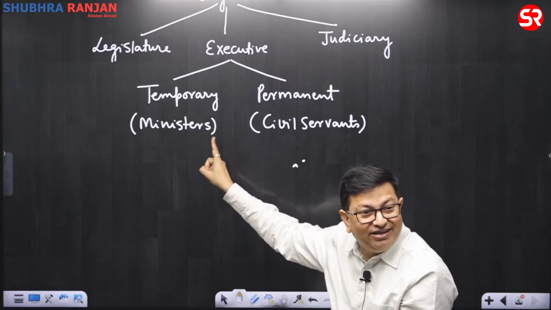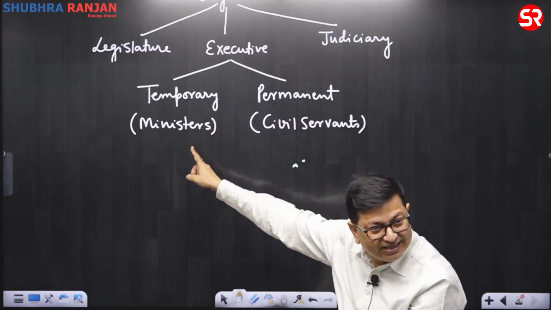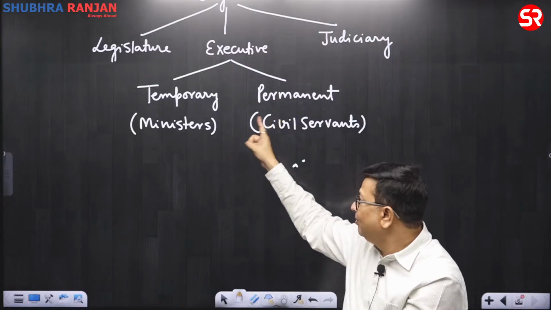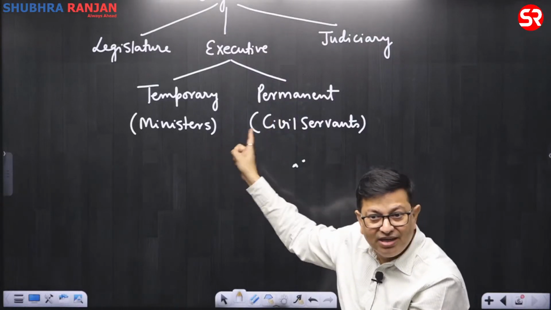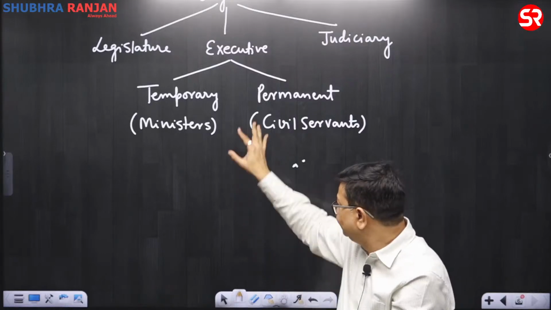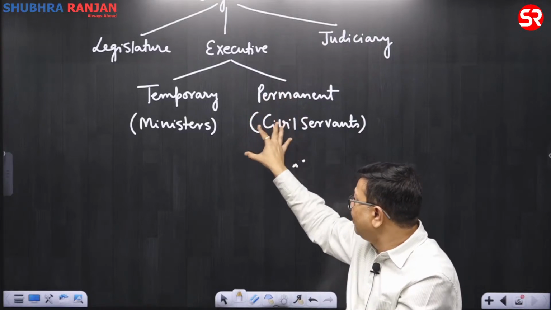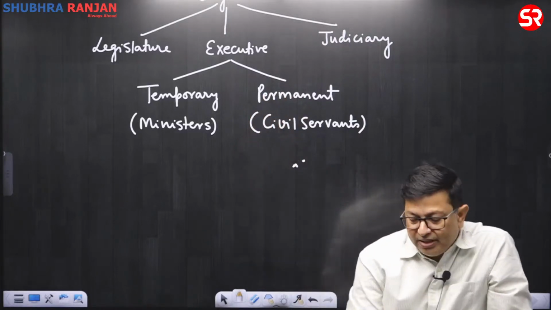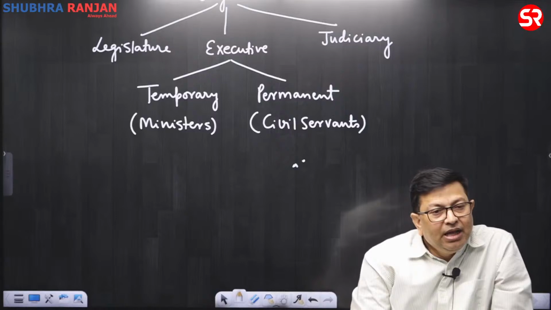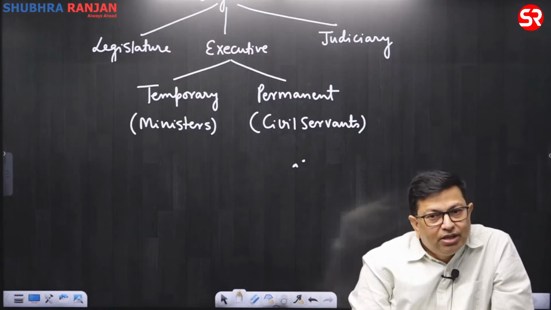Both are needed for a country. You need the ministers, that is the temporary one, because they feel the pulse of the people and they have got the expertise. Now across the globe, here ministers, so we all know. Here, if you talk about the executive, especially the civil servants, across the globe, we have seen two patterns of,